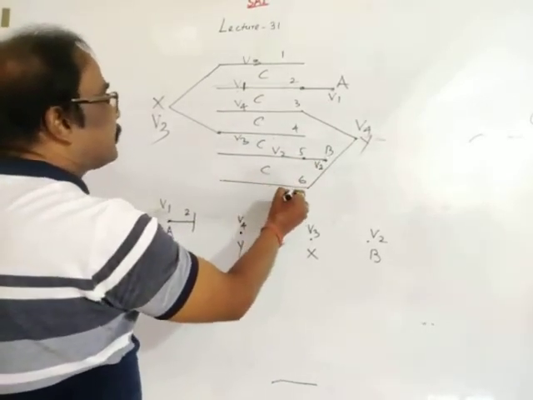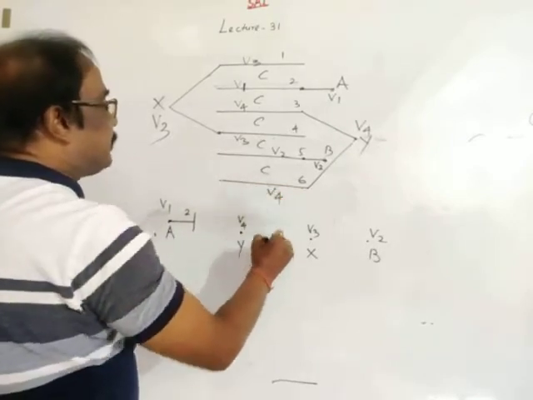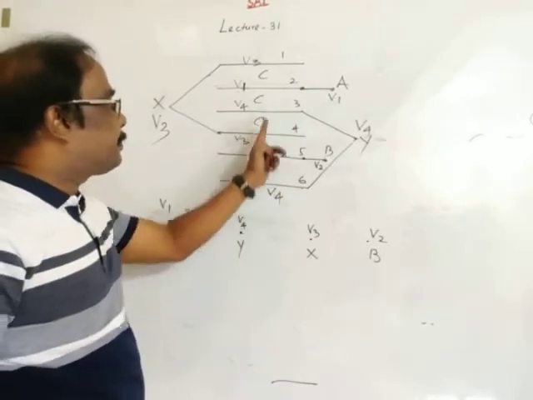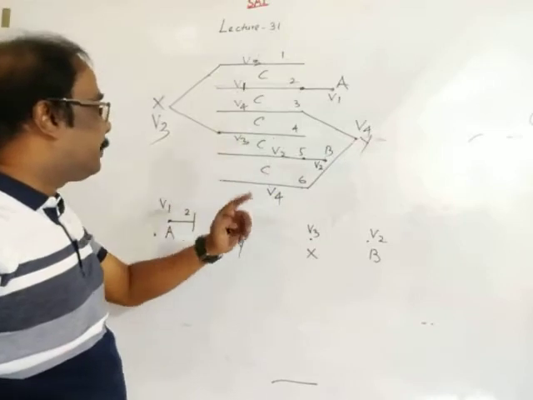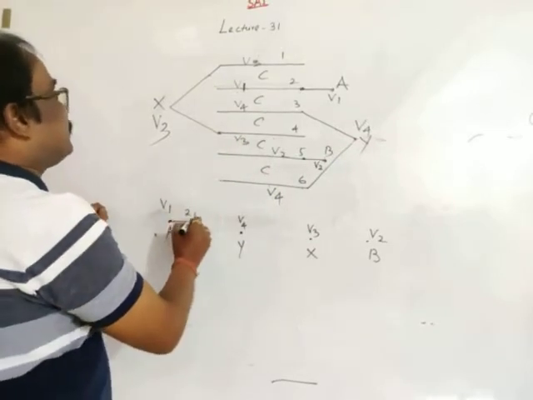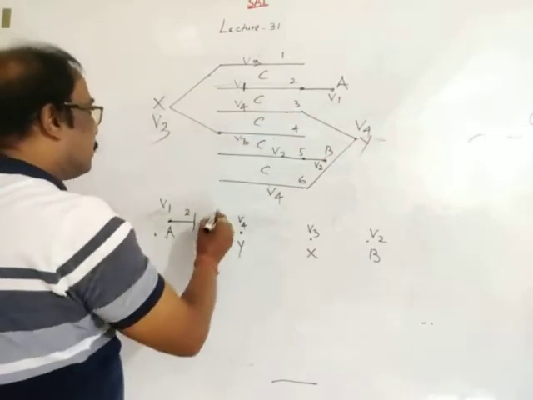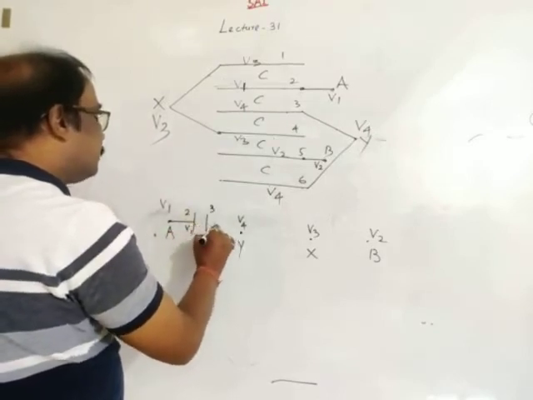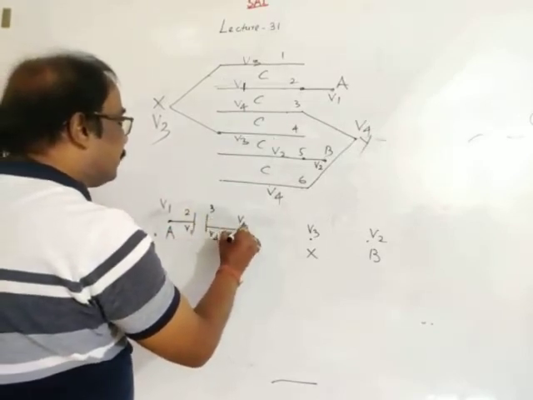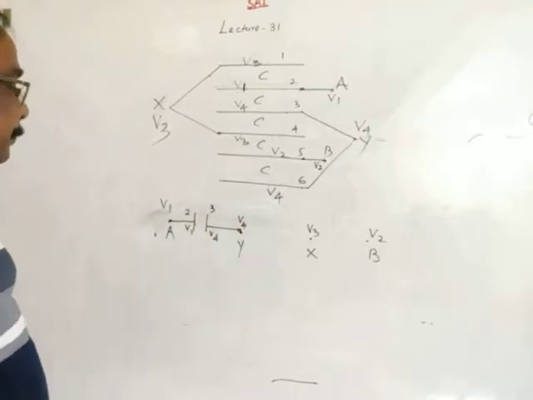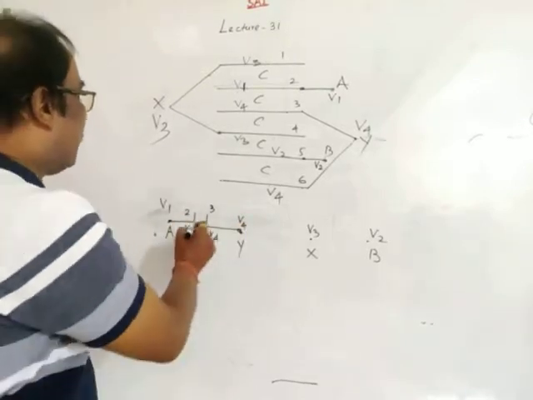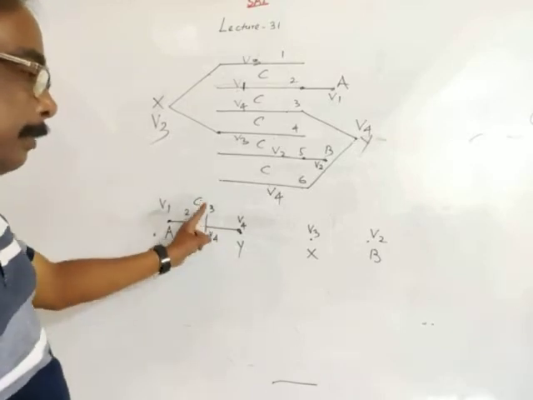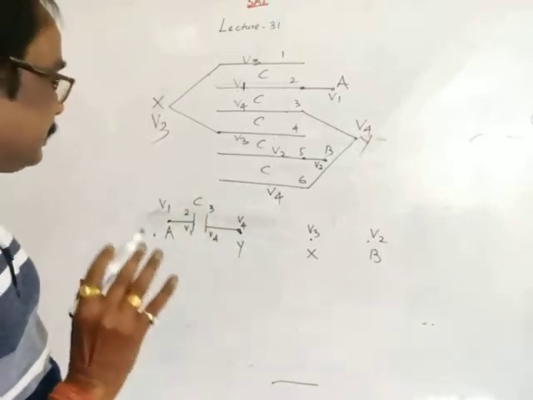The 6th plate is at potential V4 because these two plates are connected to a common point and have the same potential. So this is the second plate, this is the third plate. This is V1, this is V4, so obviously connected to V4. So between the second plate and third plate, capacitance is C.